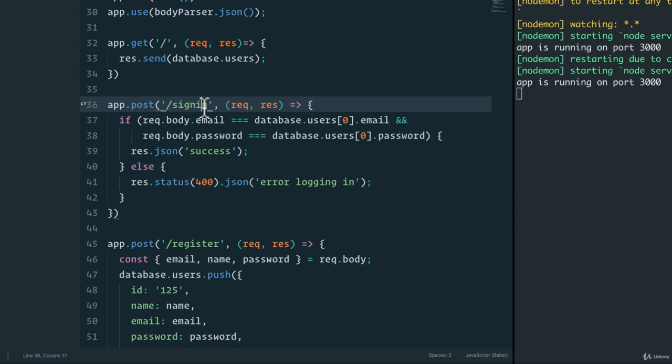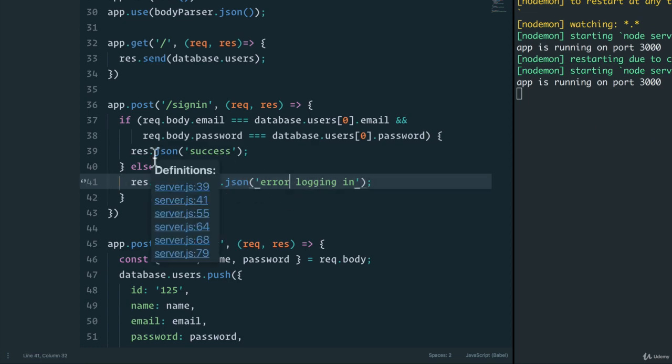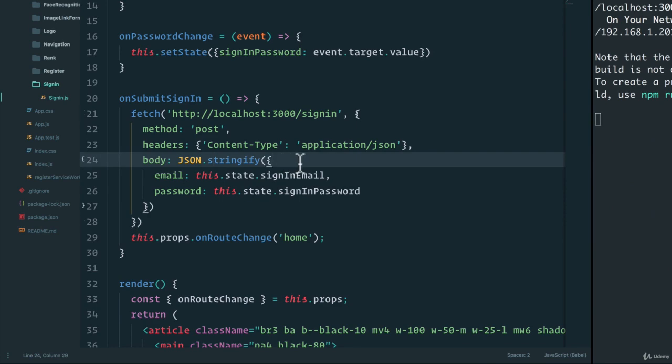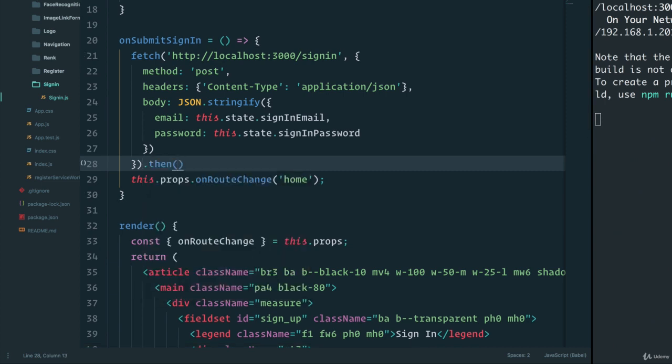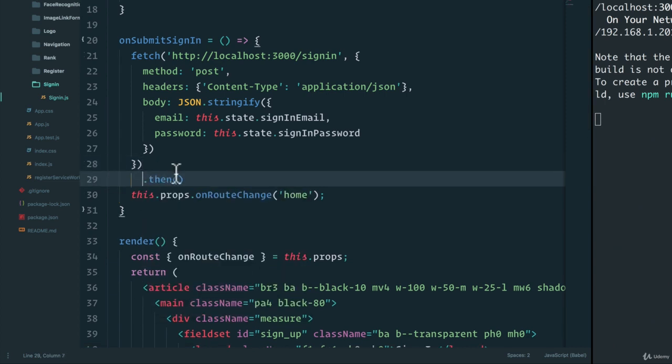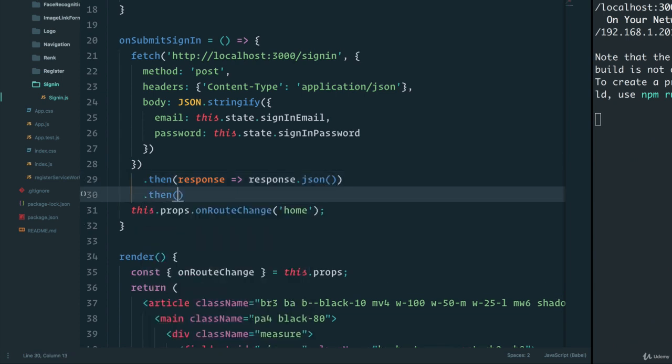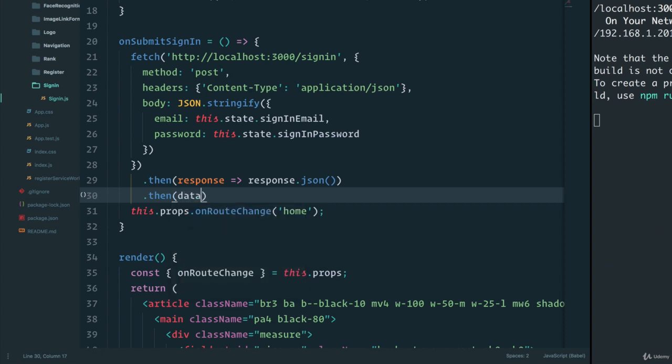However, if we want to change this to now say that response status is 400, error logging in, and if that errors to not let us sign in, well, in here, all we have to do is instead of doing on route change, we can do a .then, and remember that this .then response will have to do response.json .then, and we'll say that the data that we receive,